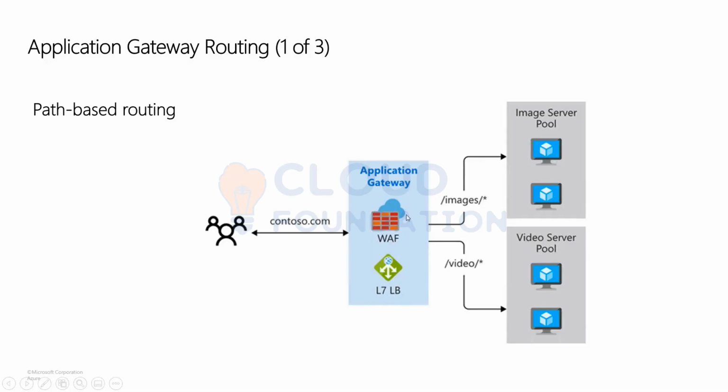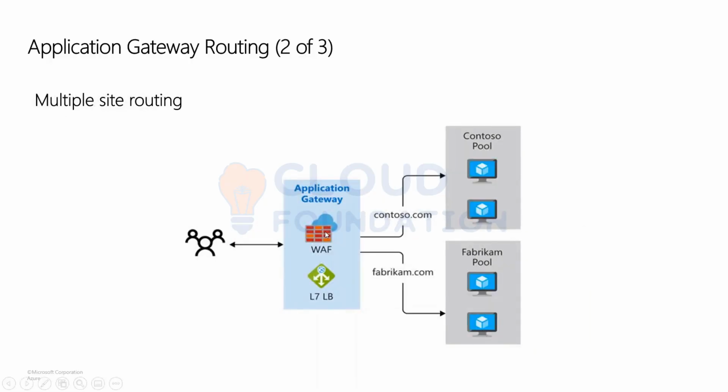Now this configuration-based routing or path-based routing can be done because all these requests which are coming are HTTP URLs. I can check for those URL paths and redirect them to a specific member. I can also have something called multiple site routing,